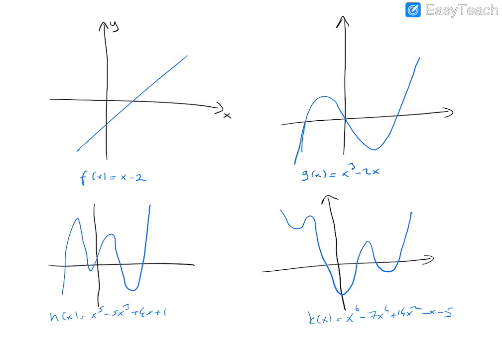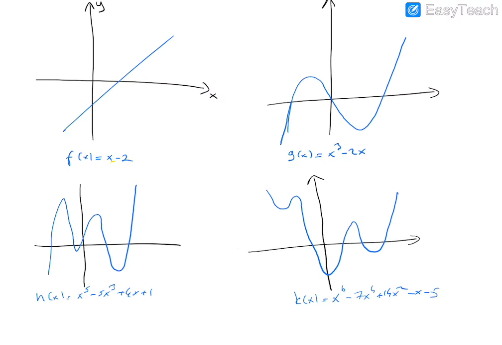From this graph you can notice that the odd degree polynomial graph starts in the negative part. Why is it negative here? Y is negative here, y is positive there. So this again starts in the negative part, and this part is the positive part for y. So on the left side, the graph of an odd degree polynomial starts in the negative part.